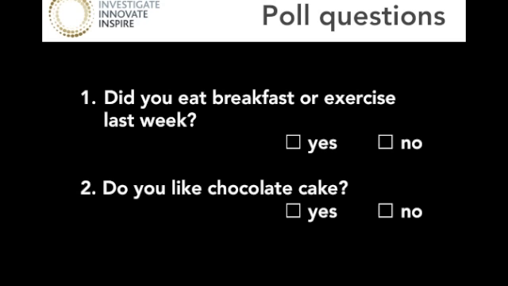The first question is, did you eat breakfast or exercise last week? It's a yes or no question. And do you like chocolate cake? Again, a yes or no question. If we start with that first question,